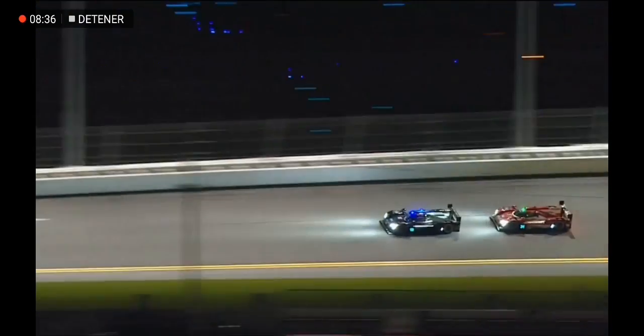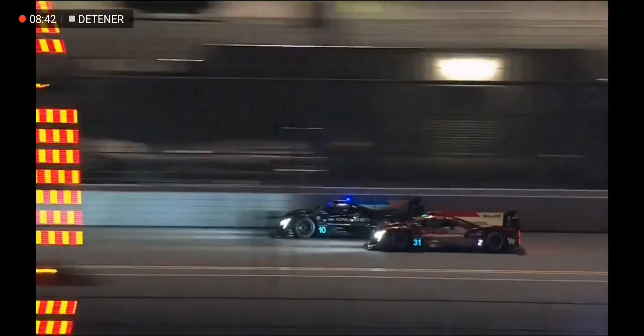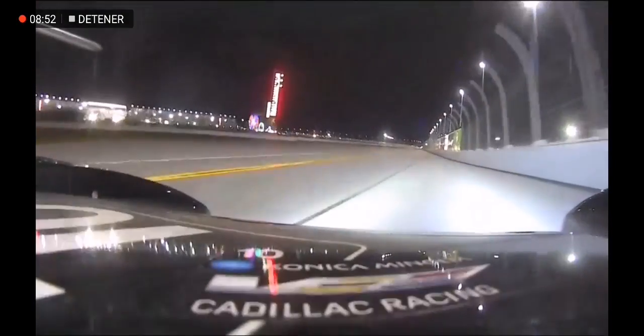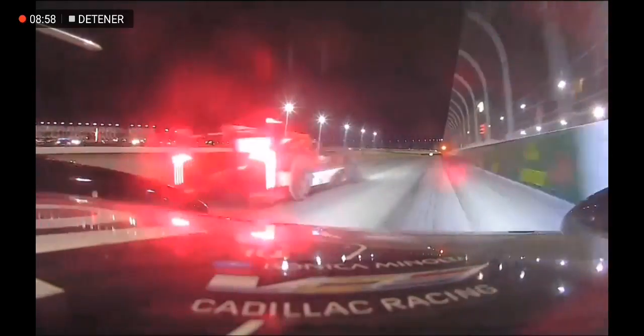That 10 car's been incredibly good on the brakes into 1 and into 3 and into 5, but Felipe Nasser, clearly the setup of that car, or maybe the tyres, slightly better on the number 31 compared to the 10, looking very stable indeed, heading into the bus stop to make that overtake a few moments ago. Really nice pass there by Nasser, and I think you might be right on that score,